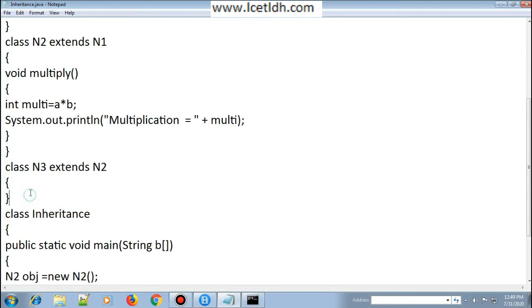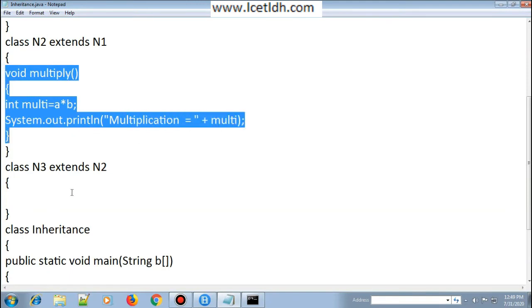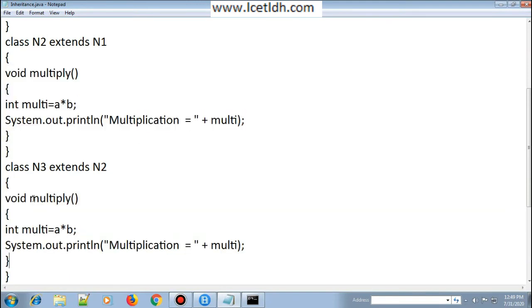Here we are going to create a method with the name division, let's say div. So instead of multiplying, it is dividing, and instead of multiplication let's say I'm going to show division is, and here I'm going to print the value, that is div.